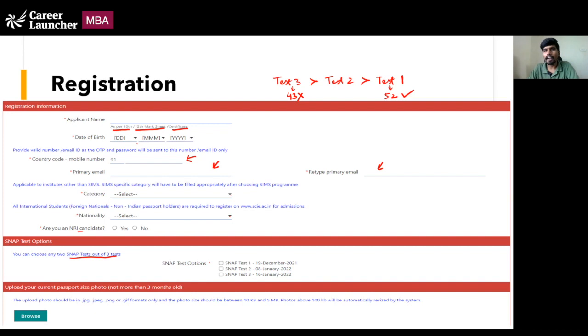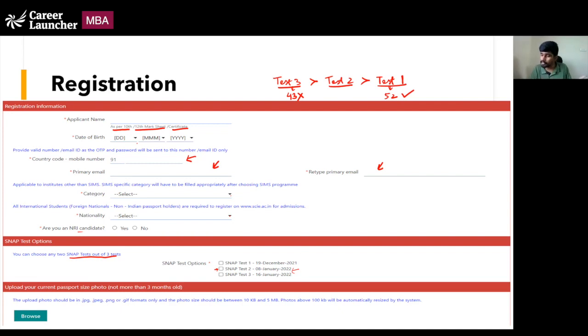I'm just giving you a trend of what happened last year. Test 3 was tougher than test 2, which was tougher than test 1. So if I were to select 2 tests, I would definitely make sure that test 2 is a part of it. Yeah, just some kind of jugaad mechanism, probably. But I would probably want to take test 2 definitely, and test 1 definitely. I would probably not want to take test 3 based on what happened last year.